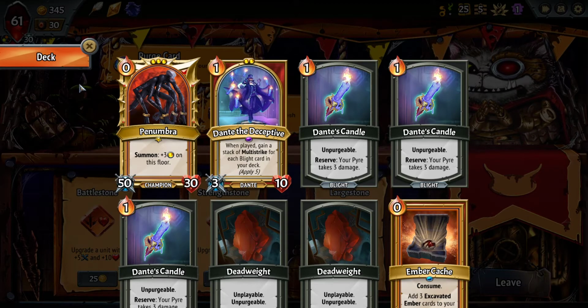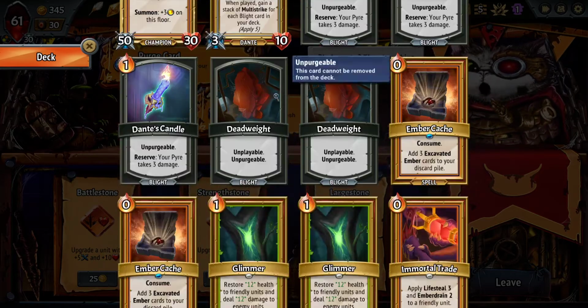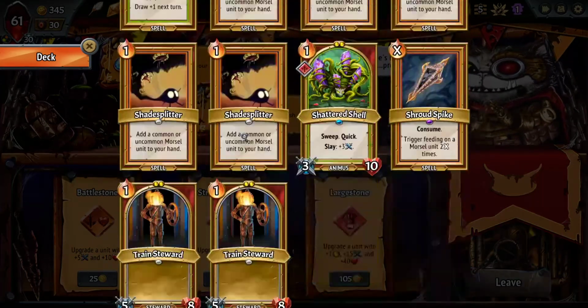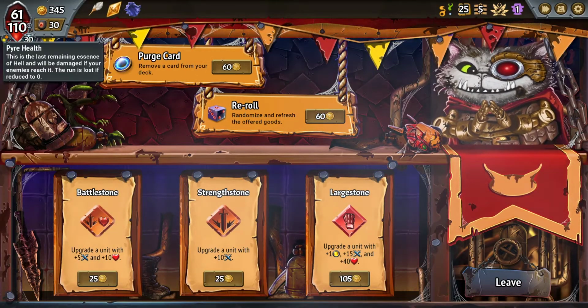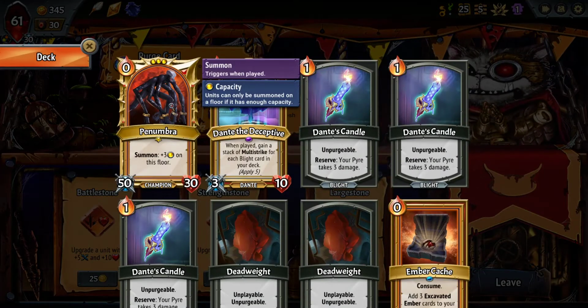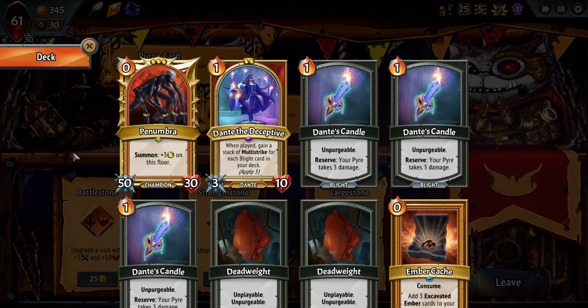Do I have space to large stone Dante? 1, 2, 3, 4, 5, 6, 7, 8, 9. 6, 7, 8, 9. Exactly. So if the middle floor is small, then... Why do I keep thinking it's the middle? Why do I